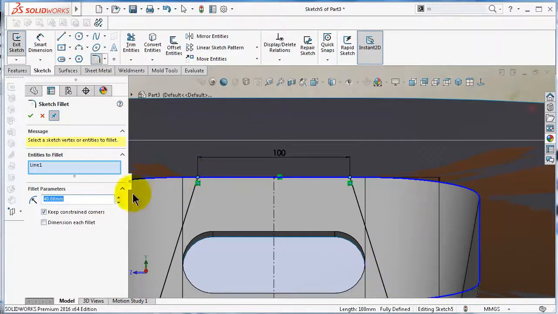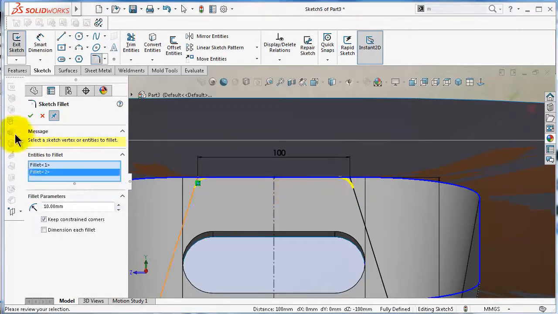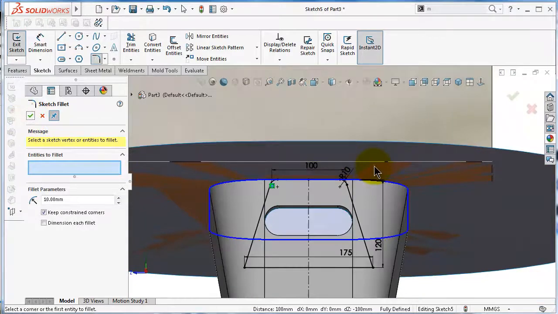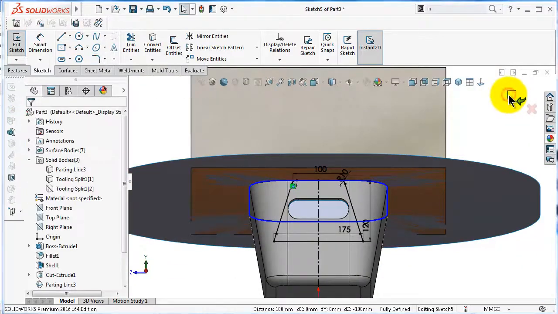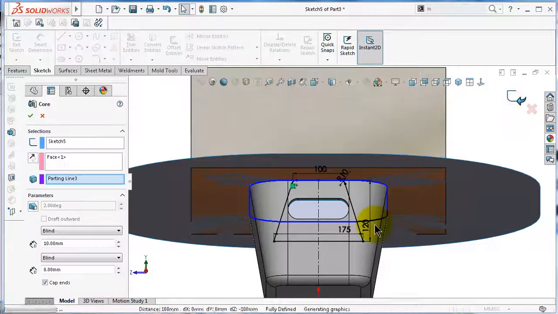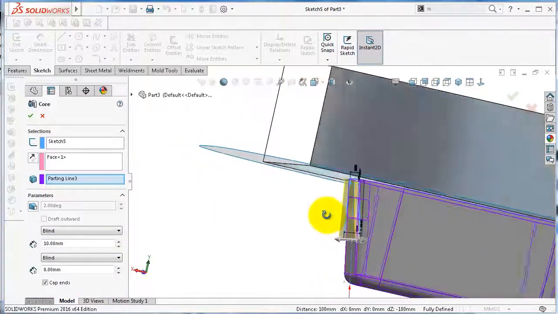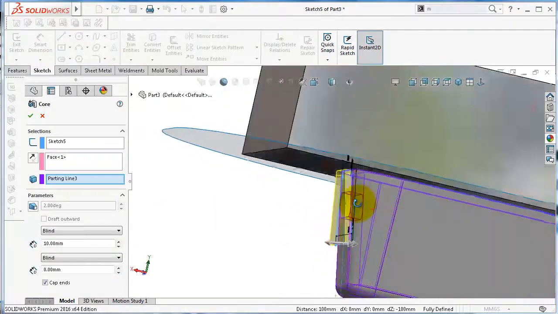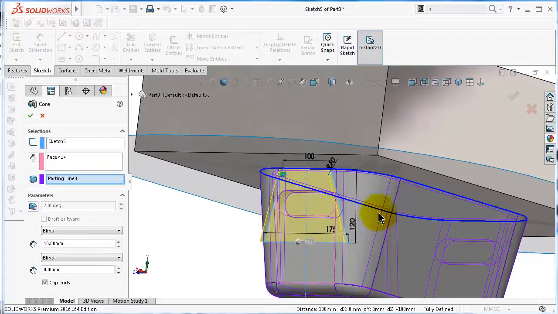Here we can add a fillet 10, and here as well. Click OK, and when you click OK, exit,